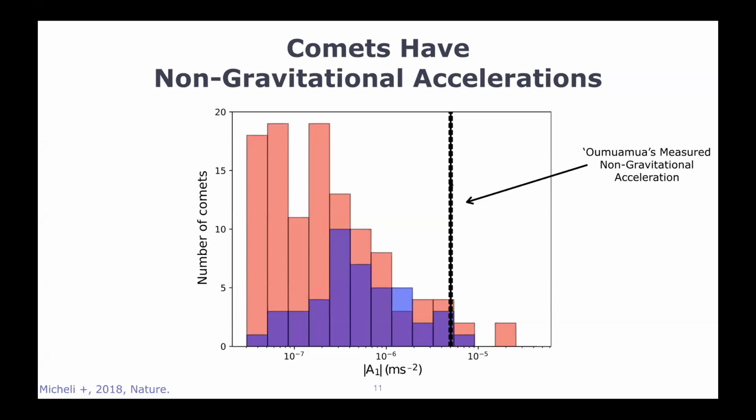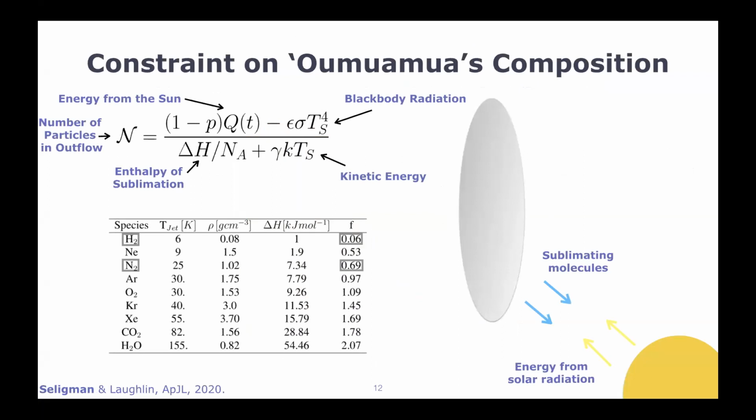But for Oumuamua, if it was outgassing, the fact that there was no coma observed is somewhat strange. And so I realized that if we assume that the non-gravitational acceleration was powered by the sublimation of volatiles, then there's a remarkable constraint on Oumuamua's composition,